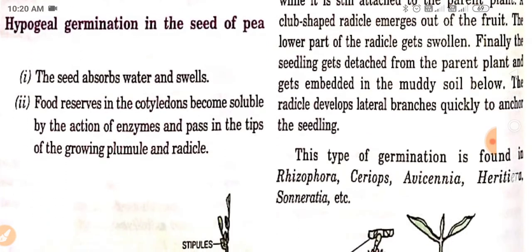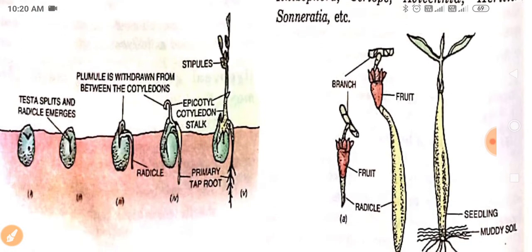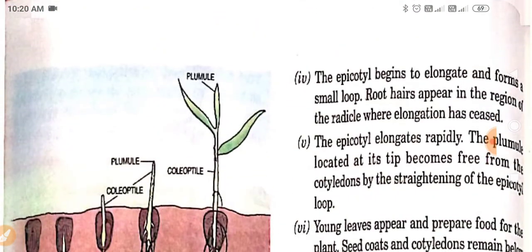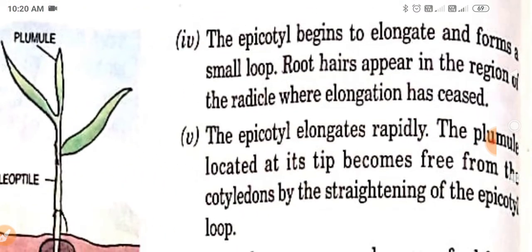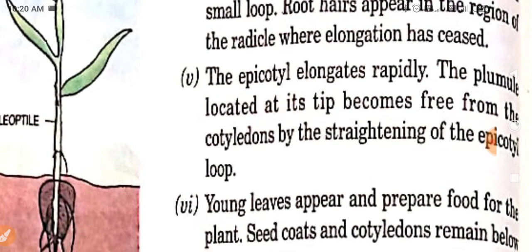Then hypogeal germination, in the seed of pea. The seed absorbs water and swells. Food reserves in the cotyledons become soluble by the action of enzymes and pass to the tips of the growing plumule and radicle. Then the epicotyl begins to elongate and forms a small loop. Root hairs appear in the region of the radicle where elongation has ceased. The epicotyl elongates rapidly. The plumule located